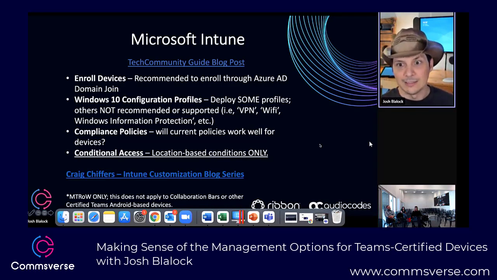For compliance policies, this is a big reason why you use Intune, right? You want to make sure your devices are compliant, that you're only allowing them onto the environment under certain conditions. This is a big caveat. The compliance policies are not going to be typical for like the rest of your Windows 10 devices. So if you're deploying a broadly applied compliance policy to cover your Windows 10 devices, and